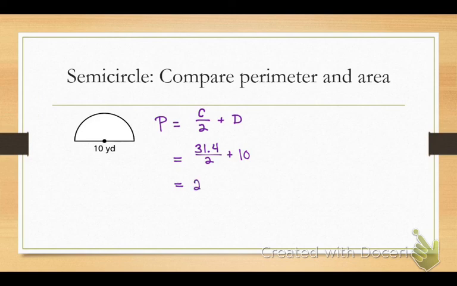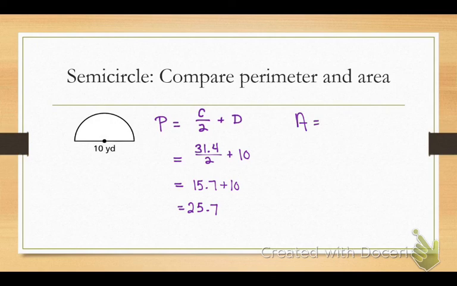Yes, which equals 15.7 plus 10, so that's 25.7. Hold on, back it up. 15.7 plus 10 is 25.7. Okay? Now, the area